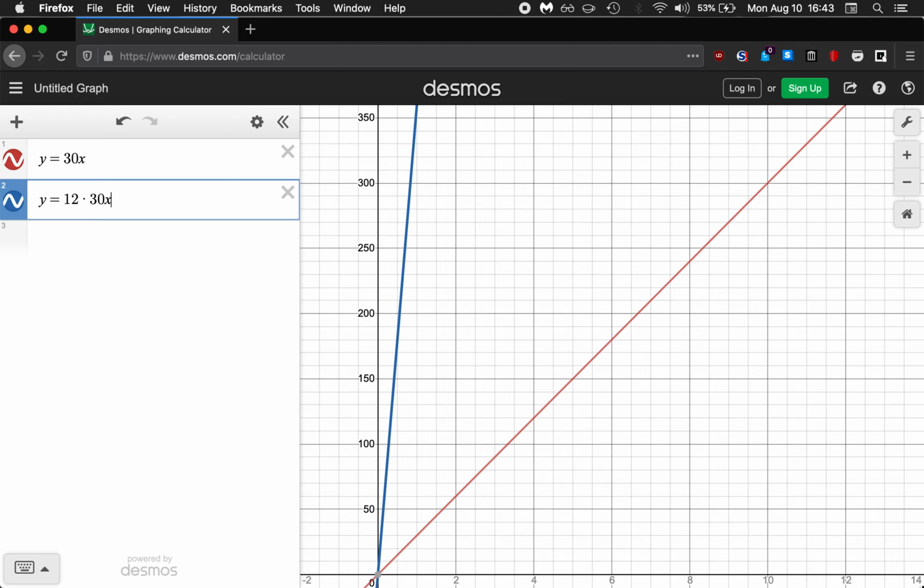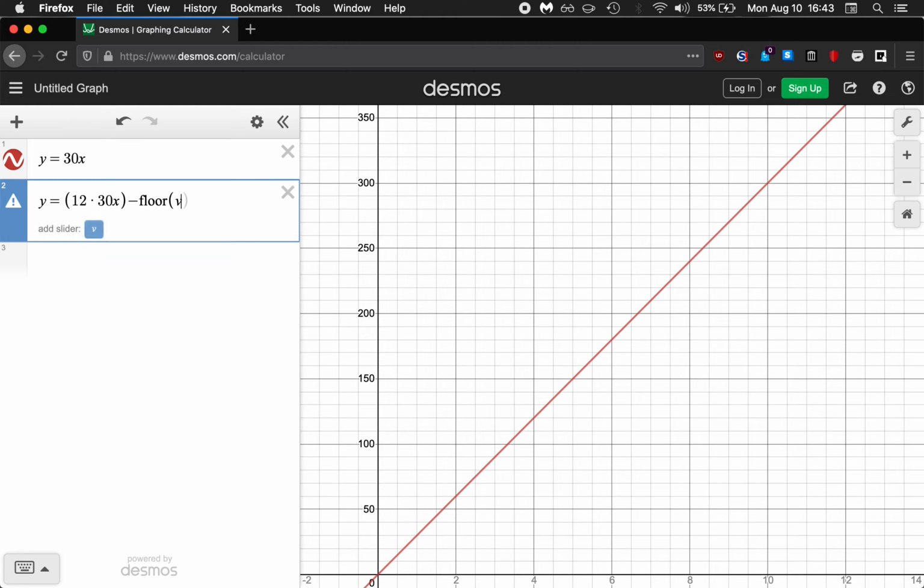And I can fix that here. So let me go ahead and insert some parentheses here. That's the function I want. And what I need to do is subtract off every multiple of 360. So what I'm going to do is take the floor function of